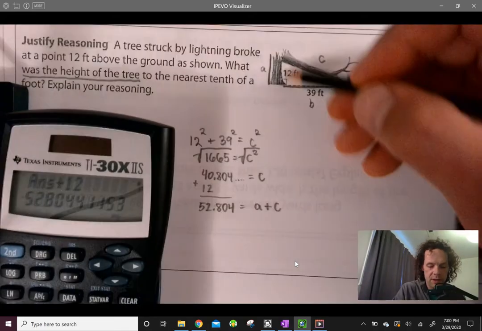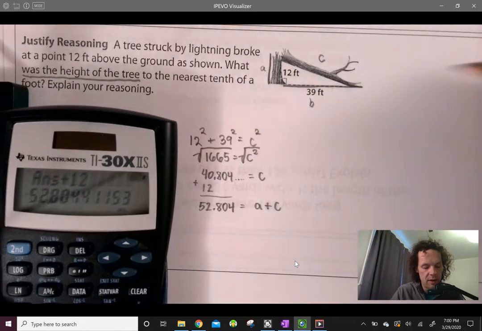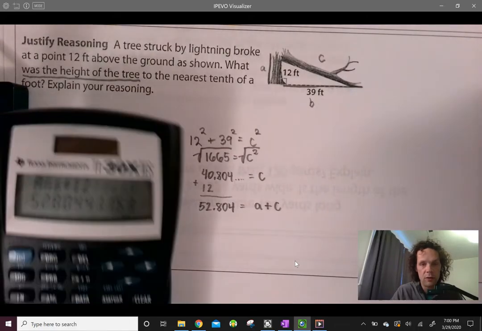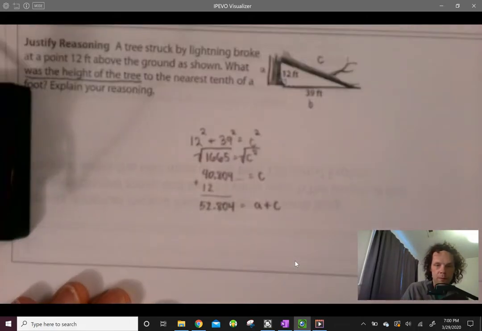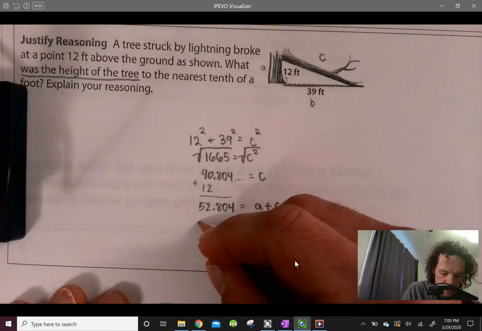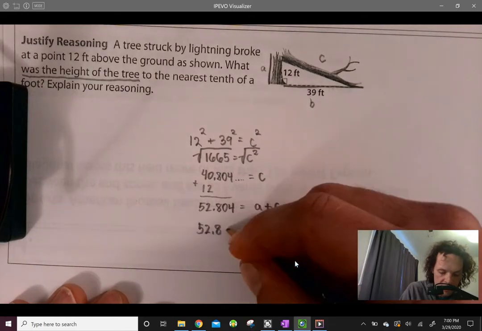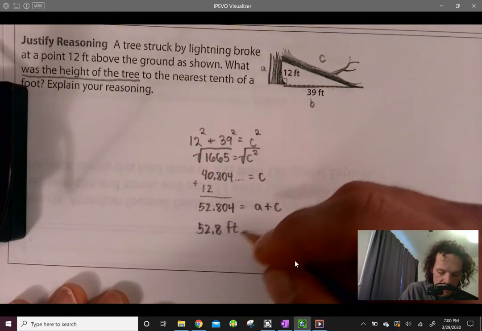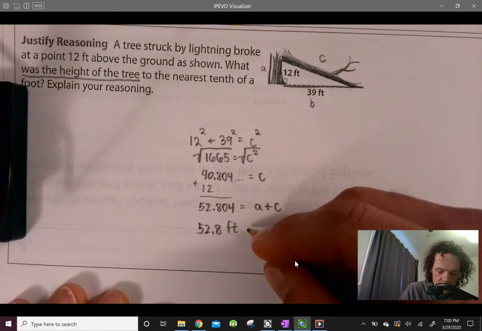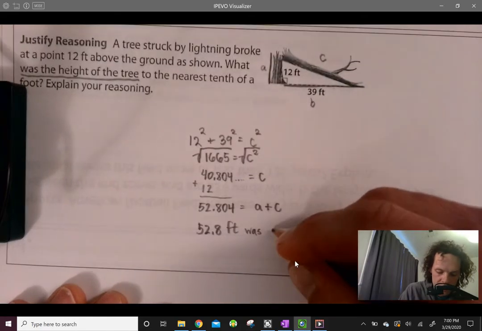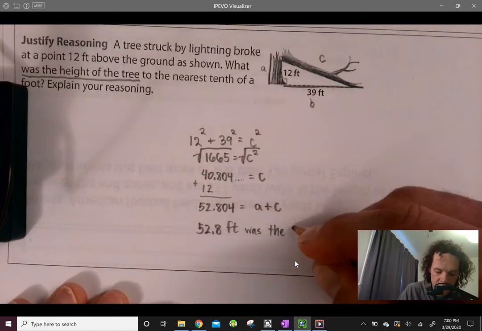That's the piece that's still standing plus the length of the piece that fell over. It says round to the nearest tenth, so 52.8, that 0 tells me to stay there, feet was the height of the tree